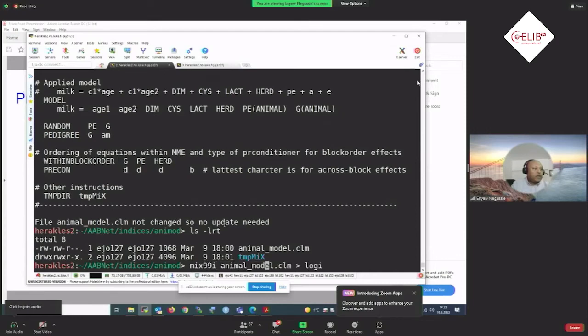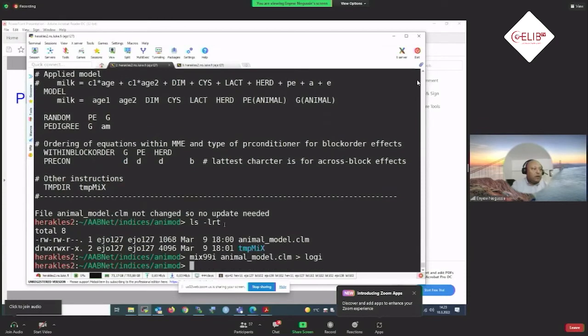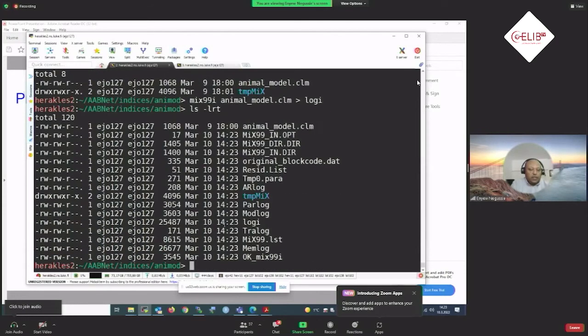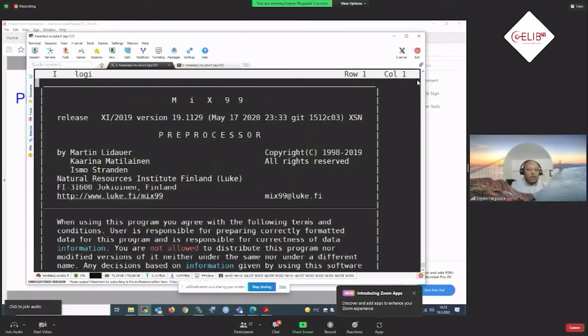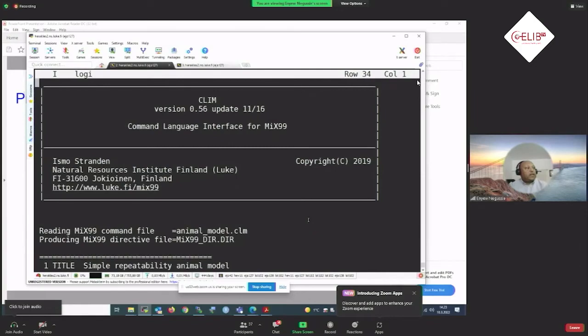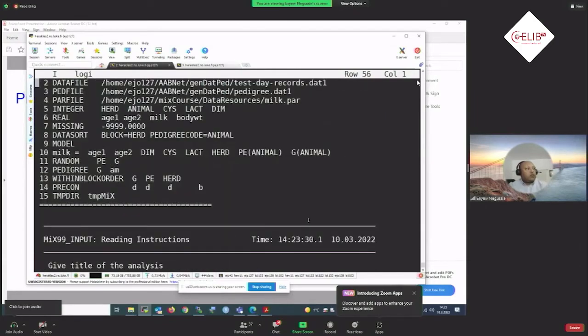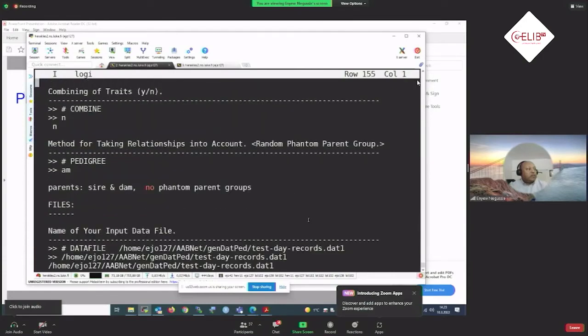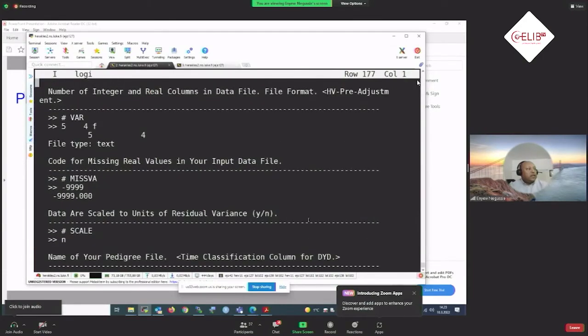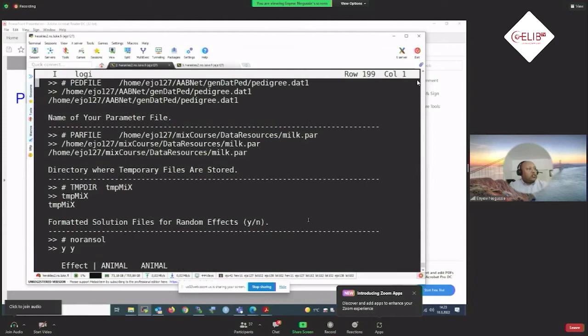Animal model run. So this is a quick run. It is done. What do I get? Let us look into the log file. It is the file that is written out. This is the data processing step. It describes the command we gave. It describes the traits, the model,